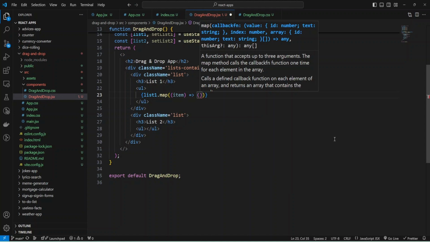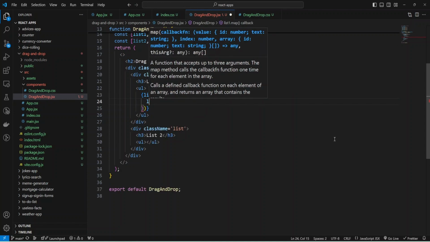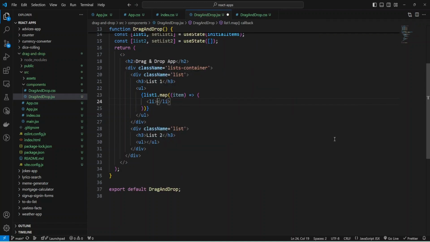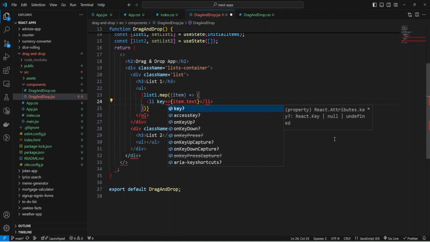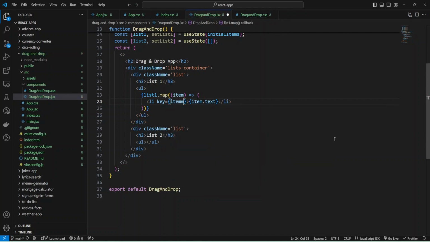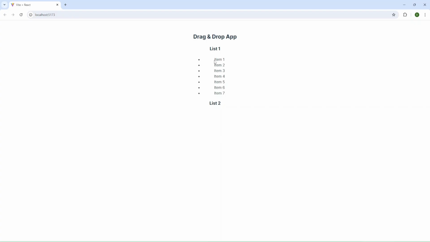As JSX, I'm going to provide a list item with the item text, and also I need a key, and as key I'll use item ID. Let's check what I have so far. As you can see, we have our 7 items, and we rendered them successfully.